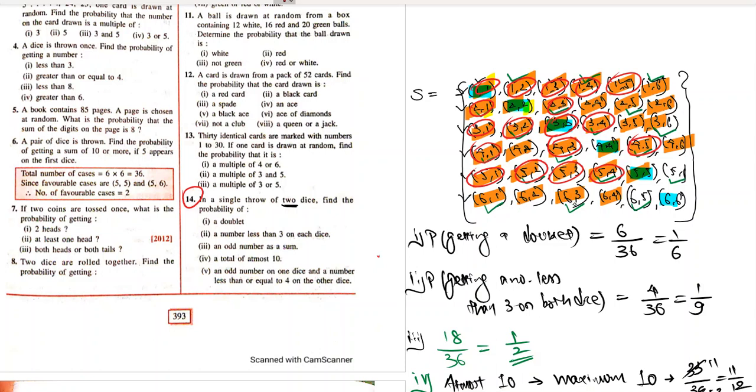6 comma 3 is okay, I feel, because 3 is odd. No, 6 comma 3 will also not work. Yeah, so 6 comma 3, 6 comma 4, 6 comma 5, these numbers will not work. I think we have to check this answer, because this is very tricky. One number is odd and the other number should be less than or equal to 4. So this series of 5 is okay, right? Because 5 is odd and 1, 2, 3 and 4 are all less than or equal to 4. Right? 5 comma 5 is not okay, definitely.